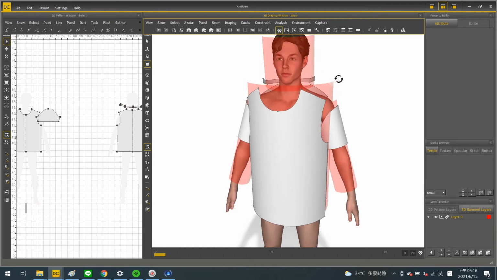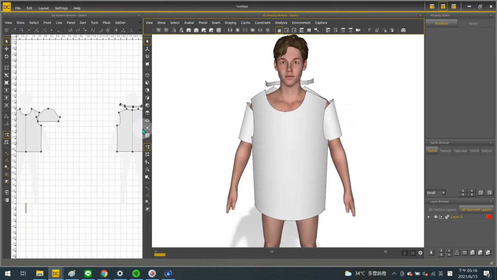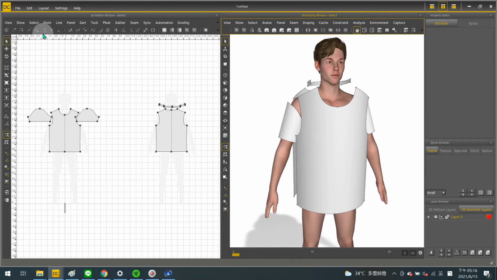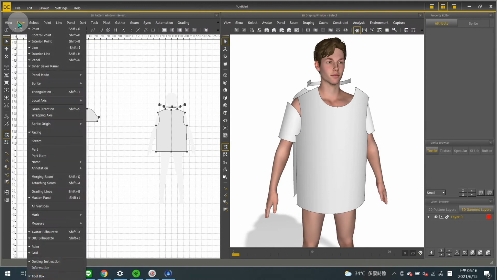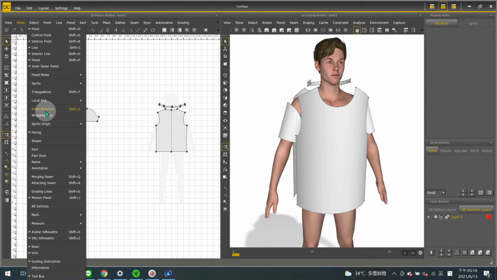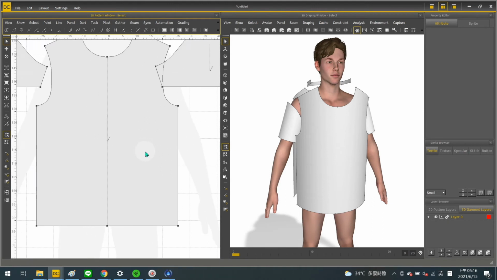Okay, and it's finished. I want to give some supplemental instruction about how the panel wraps on a cylinder or with a manual wrap. It is controlled by the wrapping axis. By going into Show in the 2D window and clicking Wrapping Axis, a mark will show on some panels.